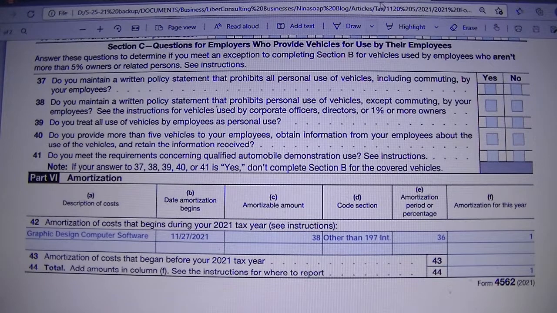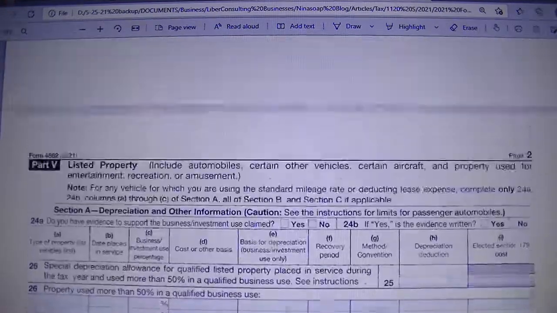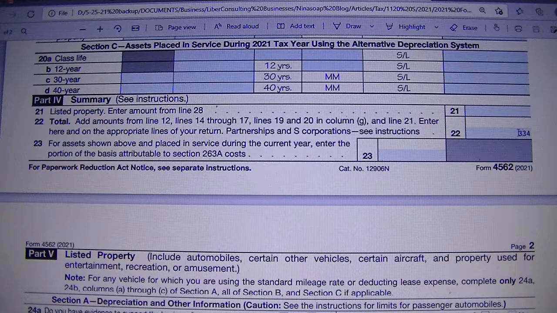So now that we have the amortization deduction for the year, it will go on line 19, other deductions, on Form 1120S. But the depreciation summary, line 22 of Form 4562